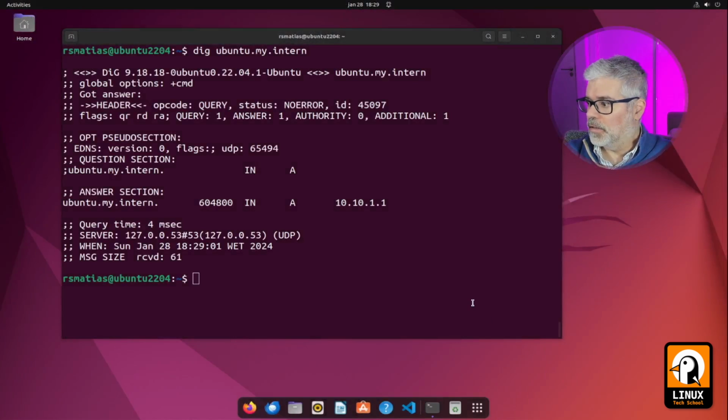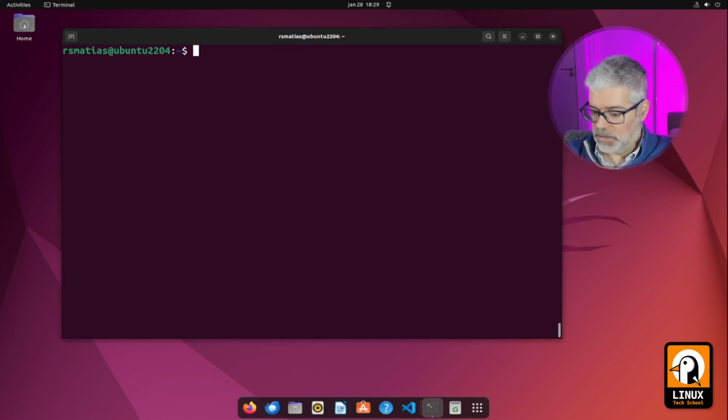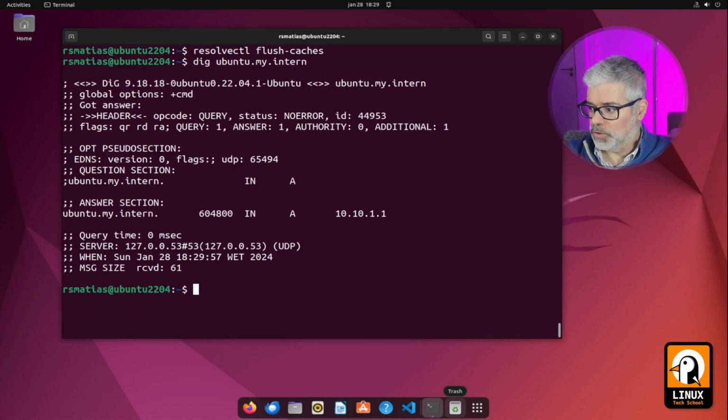And in my desktop machine, let's clean the cache to force it to request resolution again. And then let's make a quick resolution. Dig ubuntu.my.intern, and if I switch to my server,